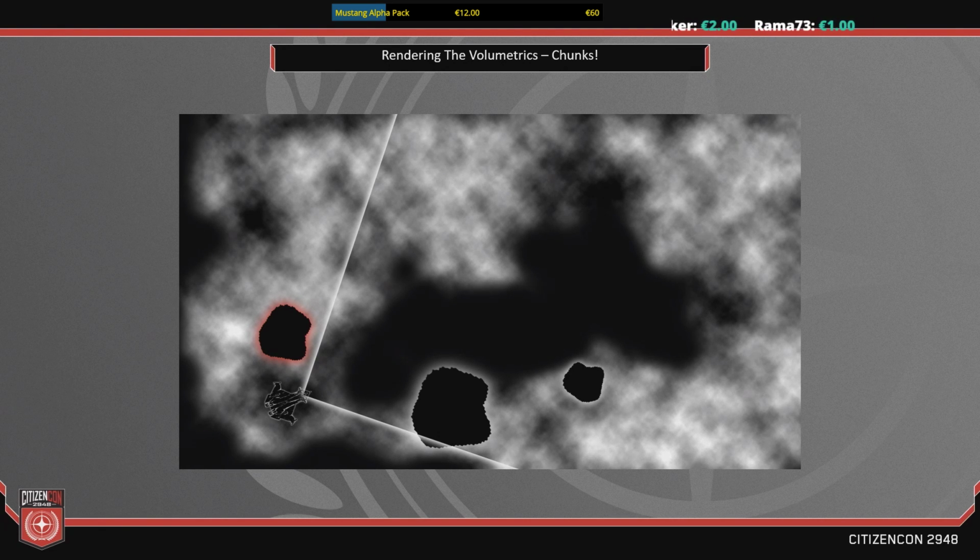Also the one on the right, that's occluded by the bigger one. So again, that just never has to be dealt with. And then the big one, we know how far away from the player it is. So at least we can pick a level of detail for it, and we can